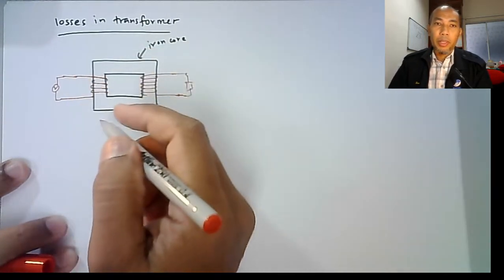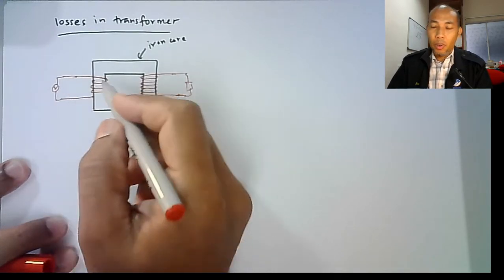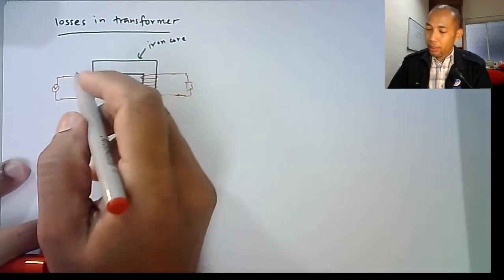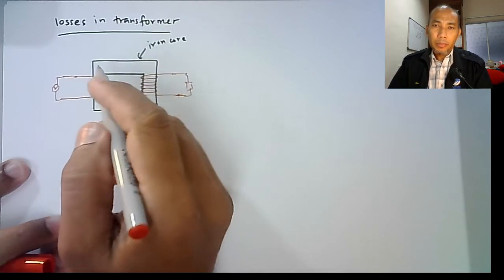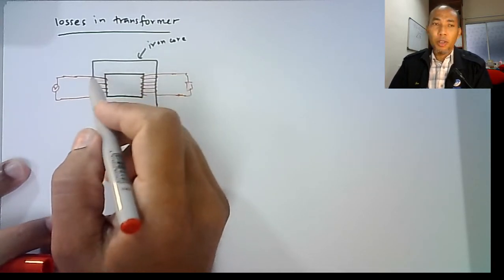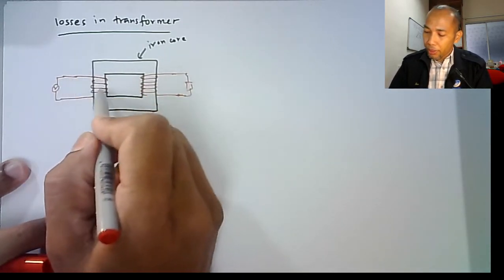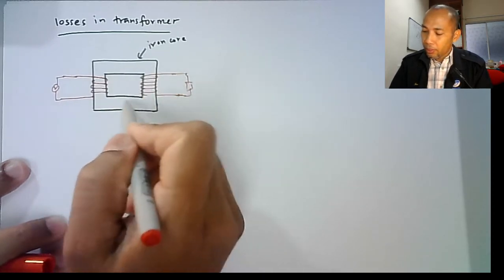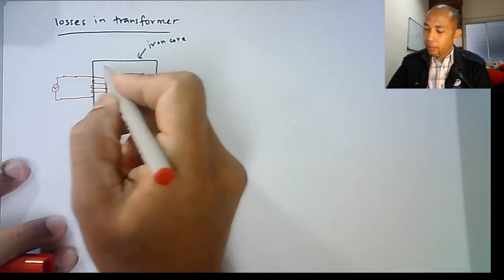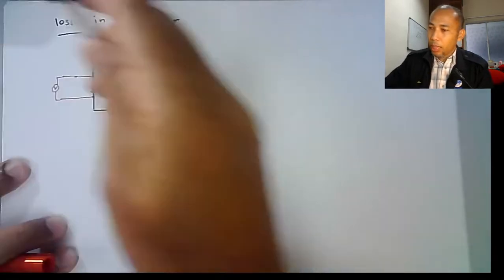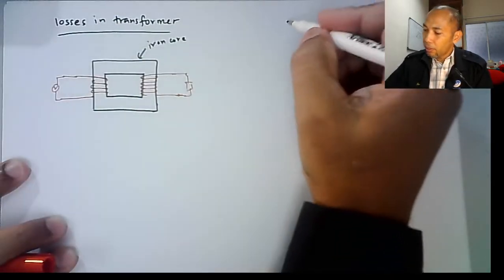Before this we learned about the ideal transformer, so we just ignored all the losses. So in this video we learn about losses. Practically there will be loss in this winding and also in the iron core. So we have two types of losses in a transformer. First is